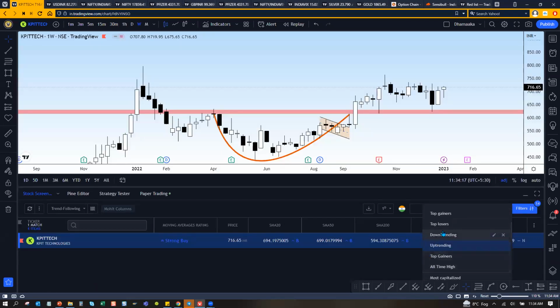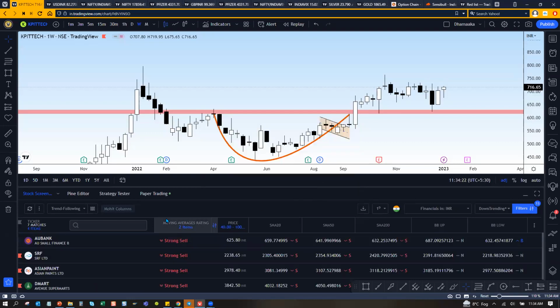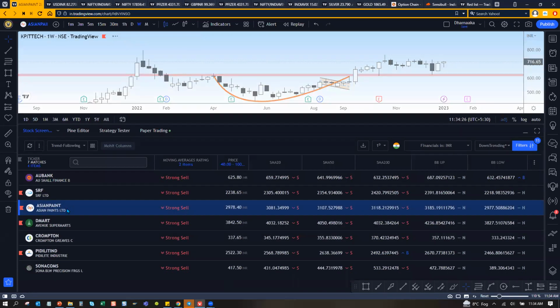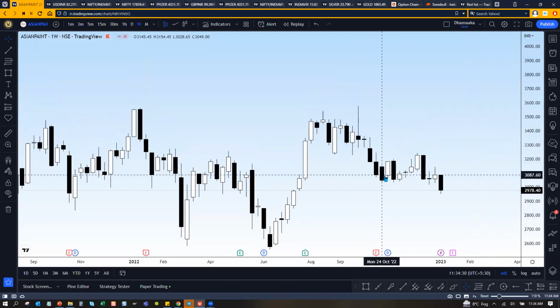Downtrending में तो बहुत सारा मिल जाएगा, अभी market गिर रहा था. Okay. I'll say downtrending. In downtrending also, I'm getting only these stocks. Say for example, Asian Paints. Okay. I am asking, can you share those values which you have for this screener?